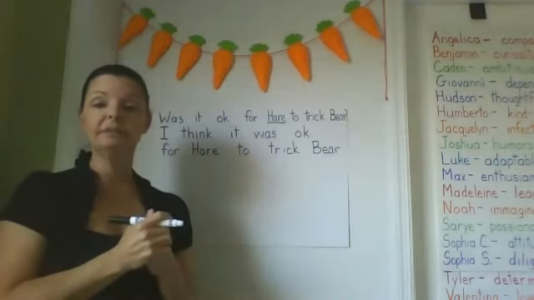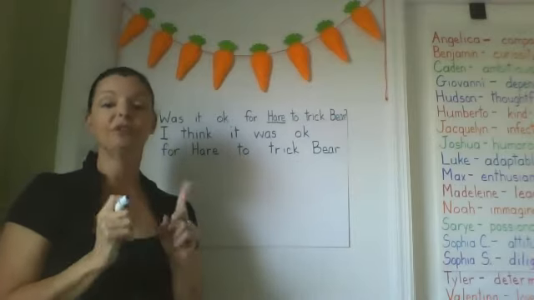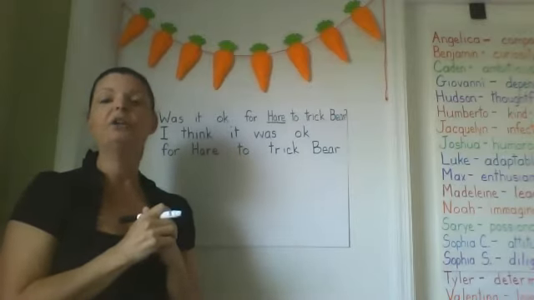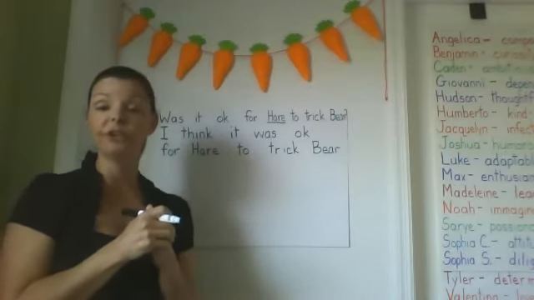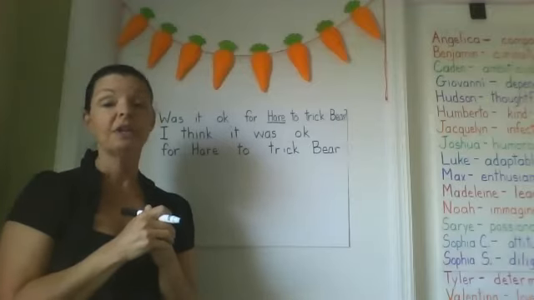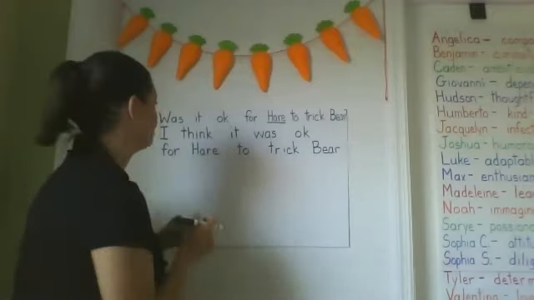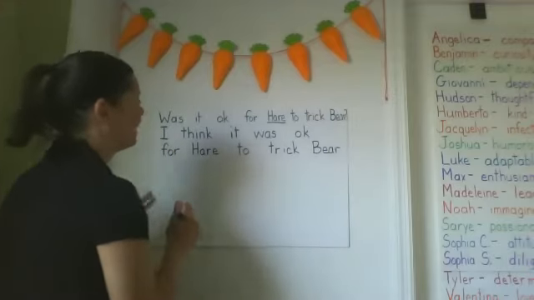But am I done? No. Because if you're a good opinion writer, you have to tell me why you feel that way. Okay? So we're going to use that word that I just showed you. I think it was okay for Hare to trick Bear